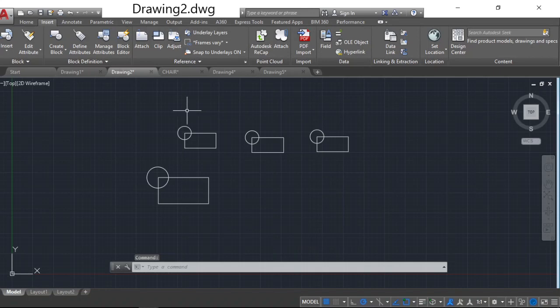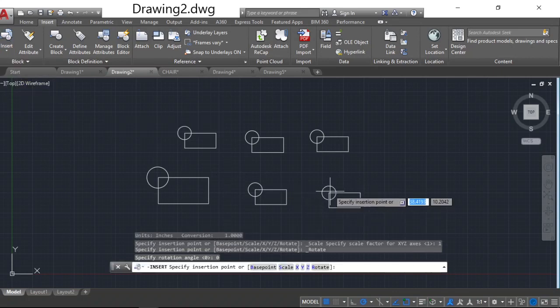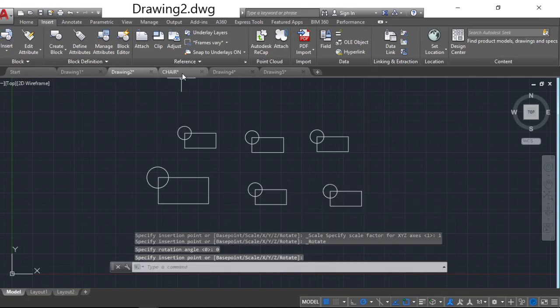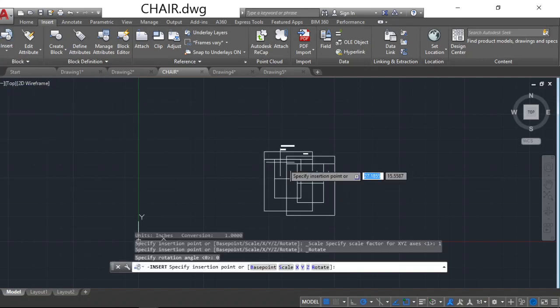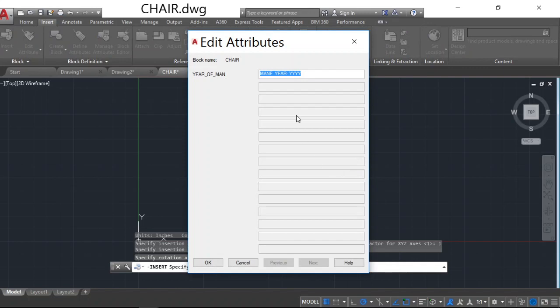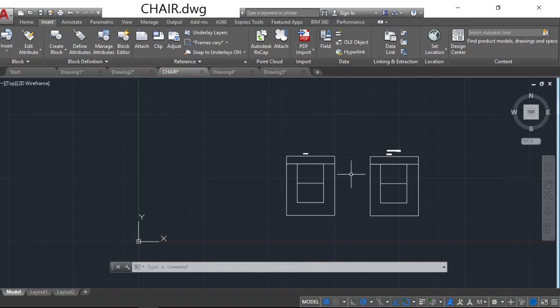Here I created a sample, so you can insert any number of sample blocks into the diagram. Here there is a chair block. With the help of this chair block, you can insert the number of chairs you want into the diagram.